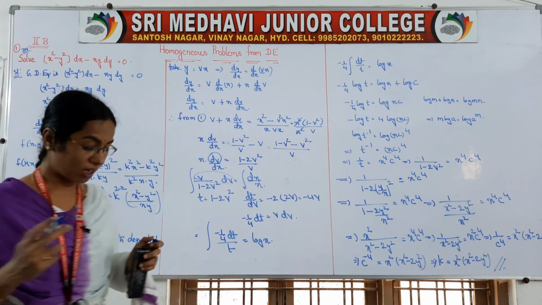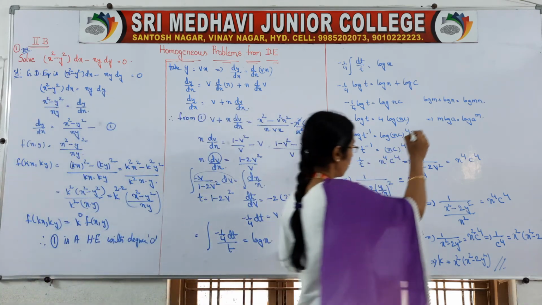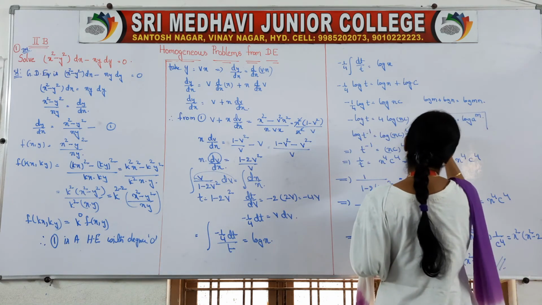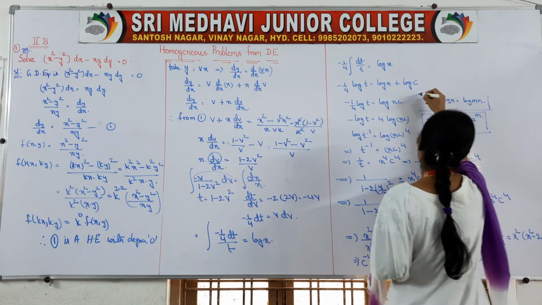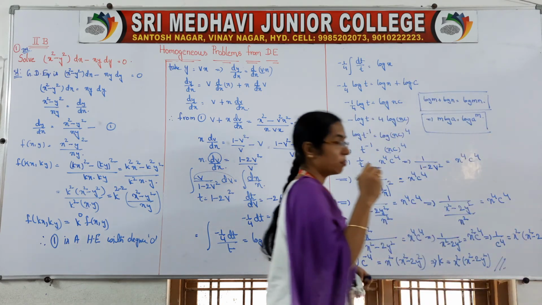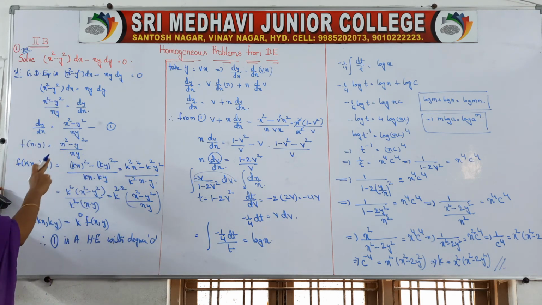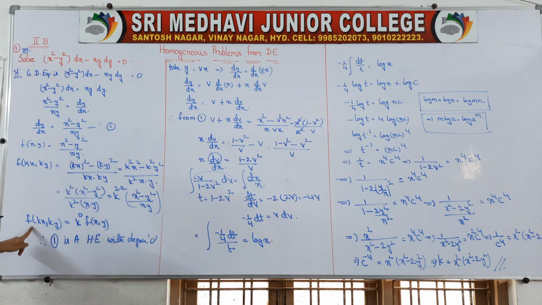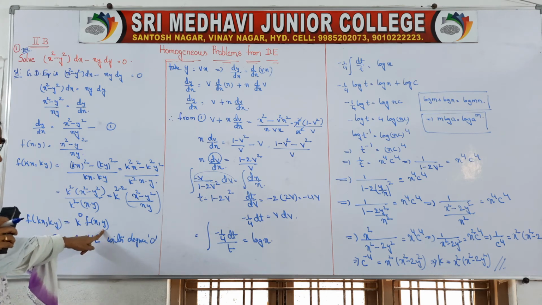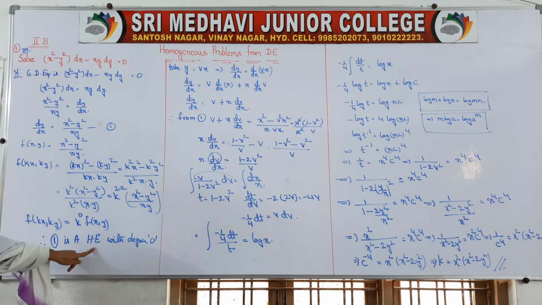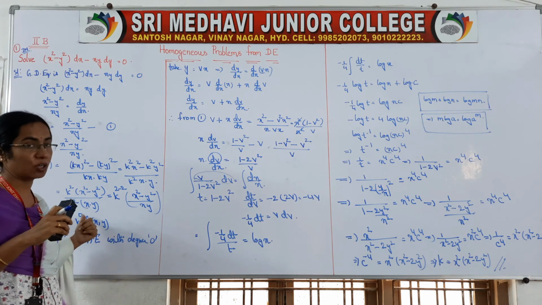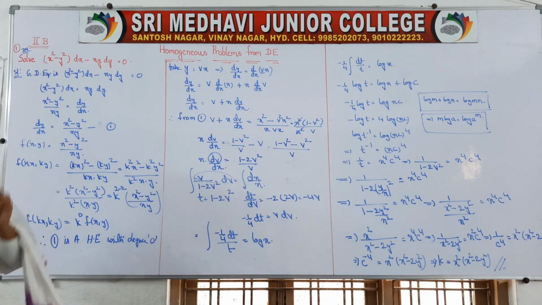So you should keep one thing in your mind. While doing the homogenization, first thing we have to check is whether the given problem is homogeneous or not. For that, in x place we have to take kx, in y place we have to take ky. So we have to get into this form, f of kx comma ky is equal to k to the power of 0 f of x comma y. Then that is a homogeneous equation with degree 0. The k power is called its degree.